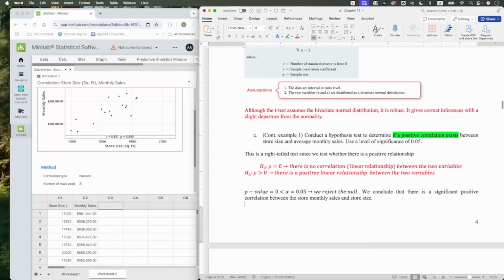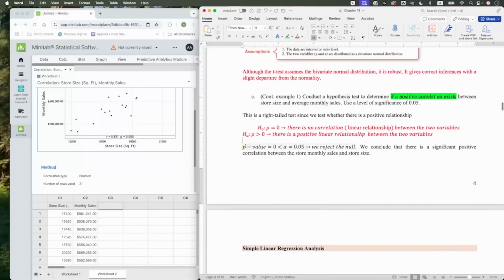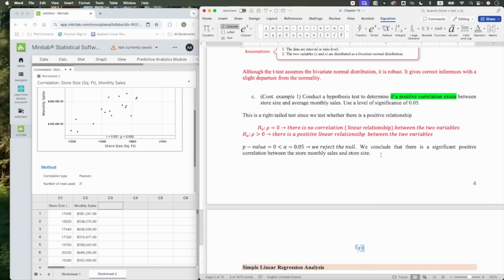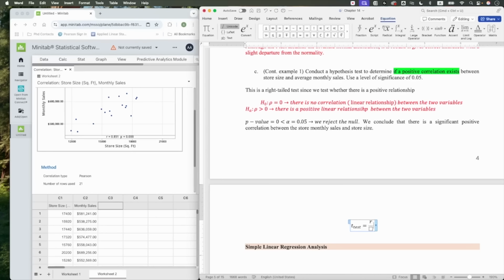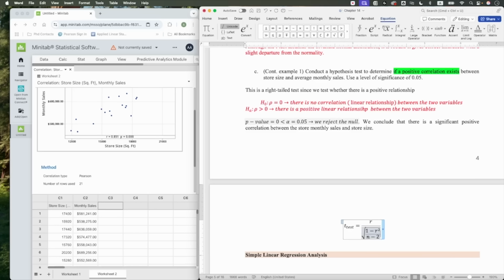The question is, can we compare the t-values? Let me do this because you will be seeing this in the homework questions. So let's calculate the t-value, by the way. I'm going to use the formula. The formula says, if I remember, it's r divided by the square root of 1 minus r squared, divided by n minus 2. Here we go. Now we plug in these numbers. What is the r value? The correlation coefficient, 0.851, divided by